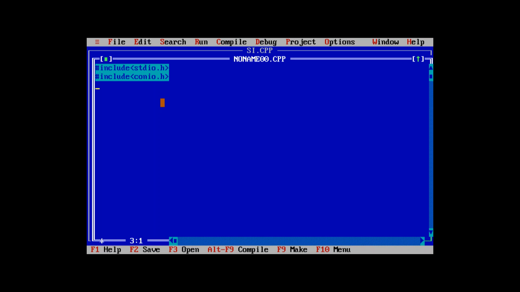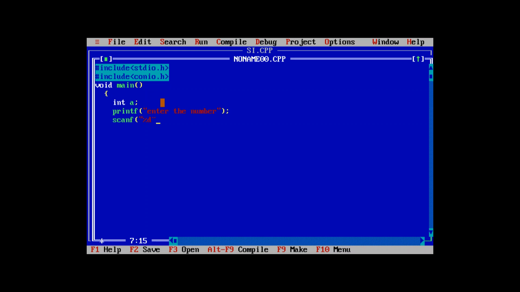Then use void main, and use one variable, for example a. Then printf, enter the number for which you want to calculate whether it is an even number or odd number. Then scanf